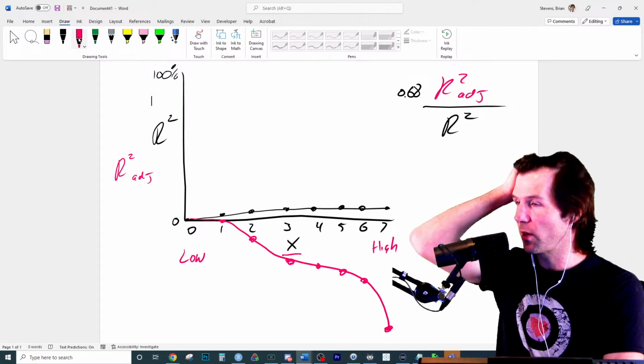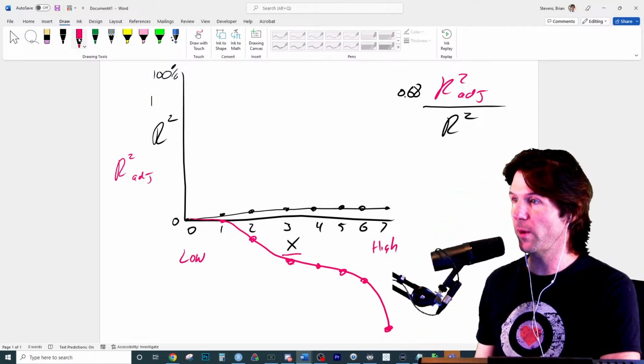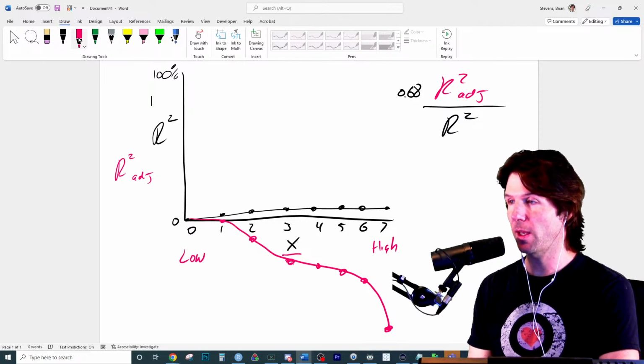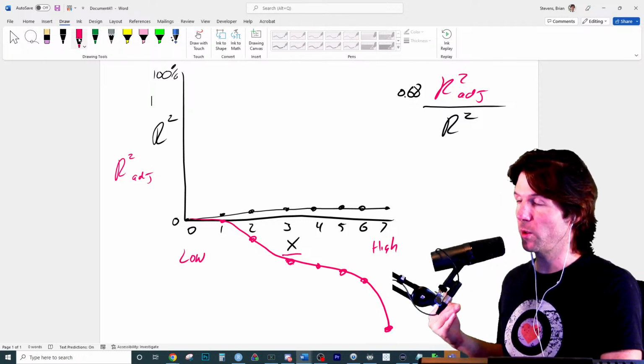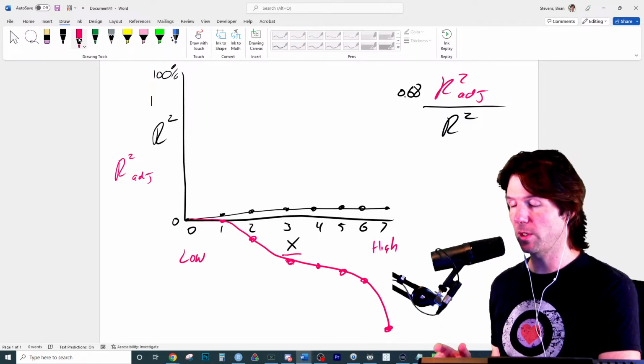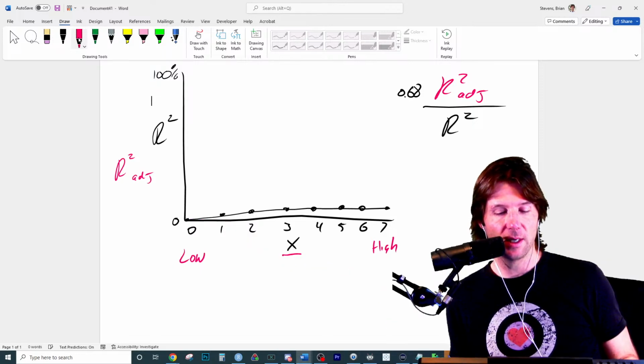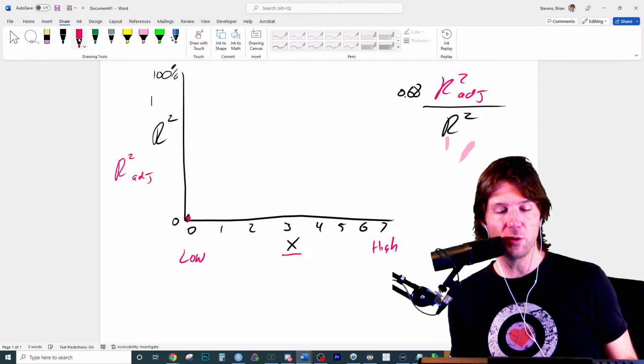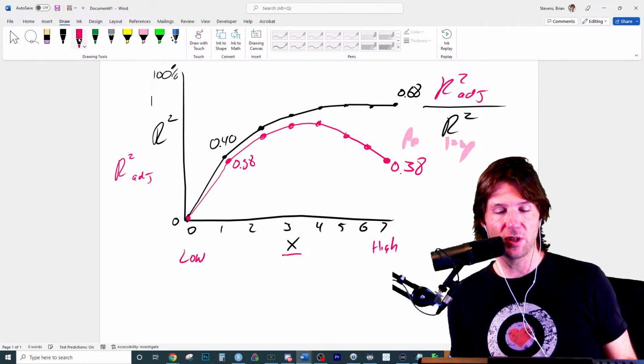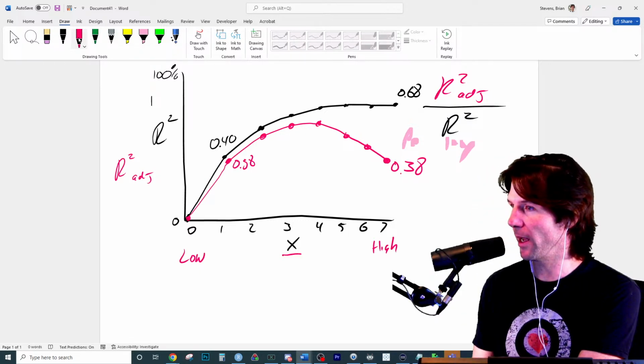What other questions are there? So R squared adjusted is a fairer way to look at the R squared after we penalize ourselves, because R squared will always go up, but R squared adjusted will be penalized. So R squared adjusted can be used to examine where we should stop adding X's. Does that make sense why we have it?